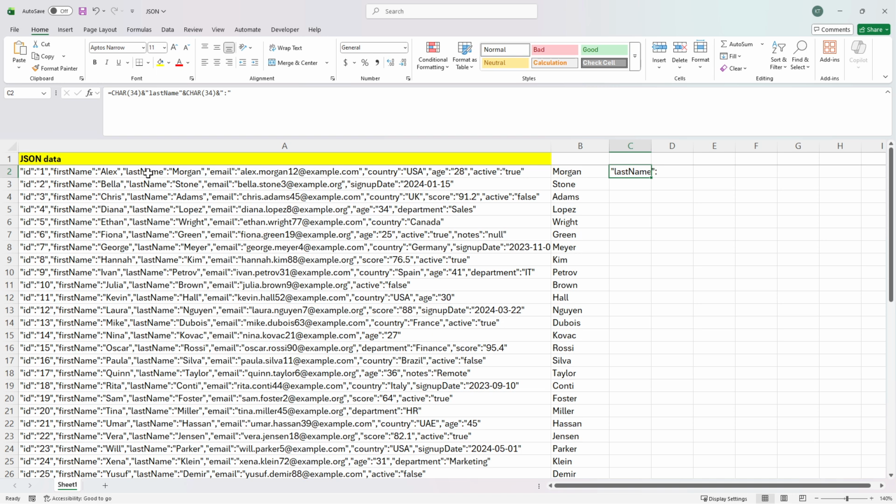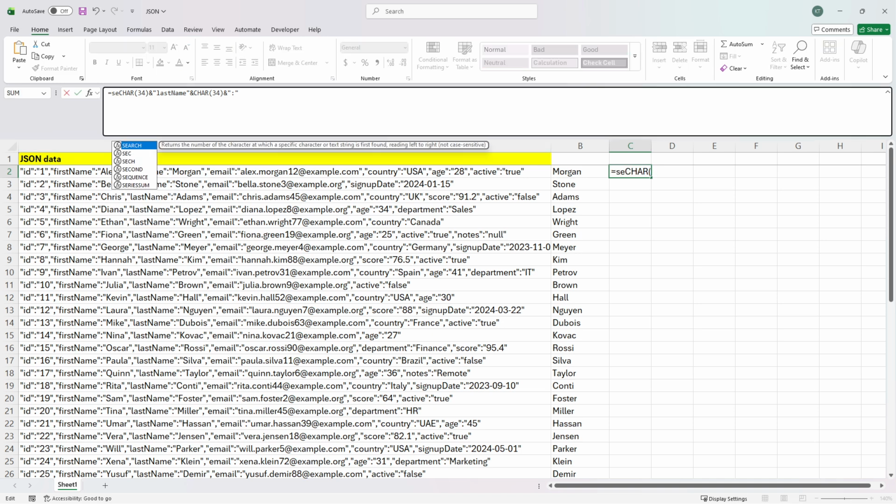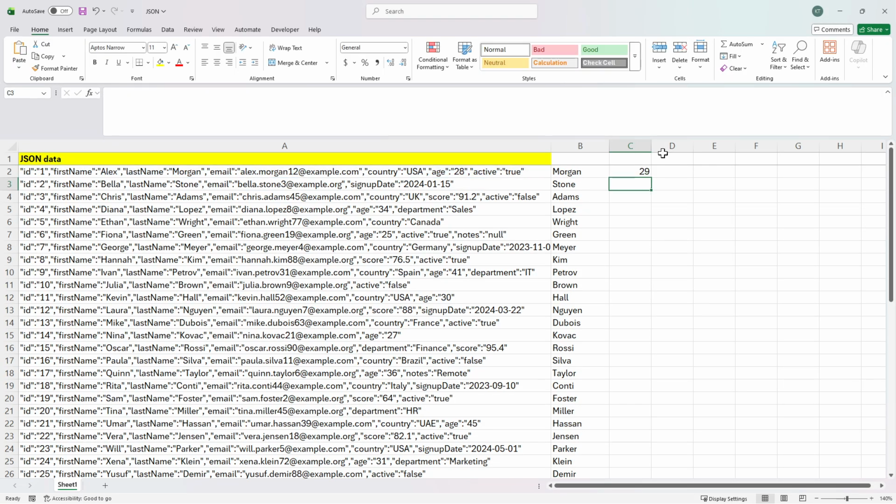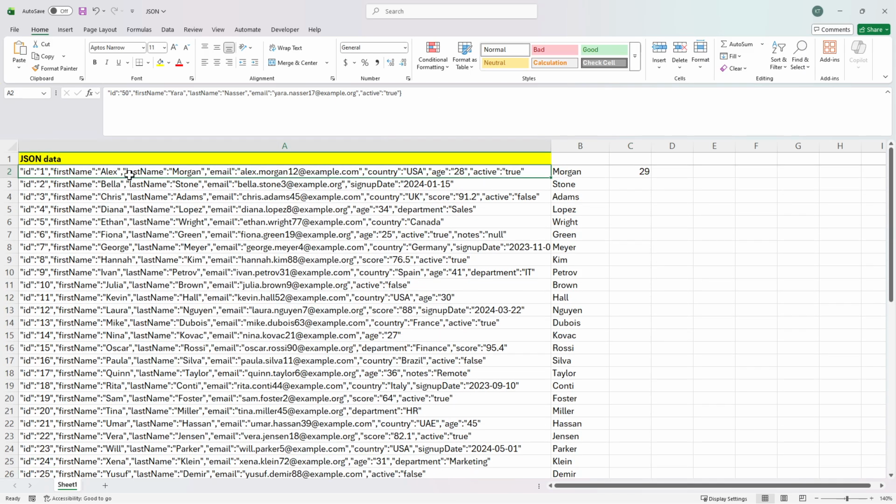Now I would like to get the position of the string. So I'm going to nest this in the search function, and I'll be looking for this string in cell A2, starting from the first position. And it returns 29. So it says that this comma